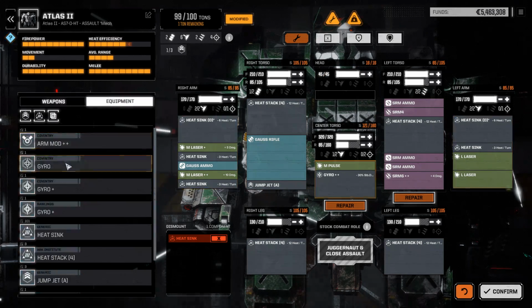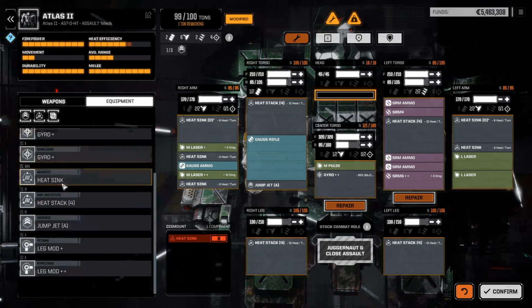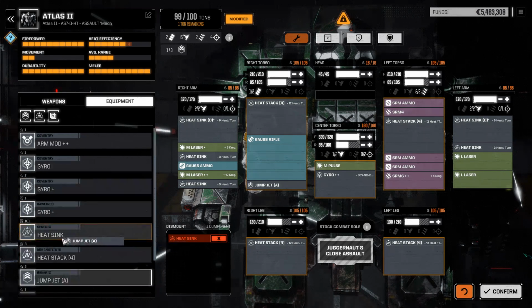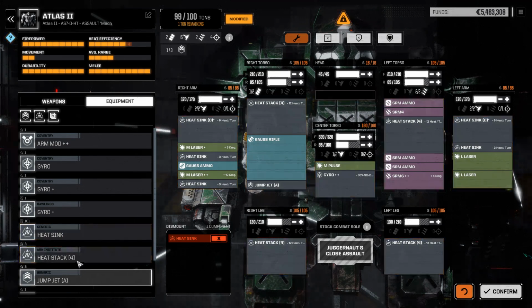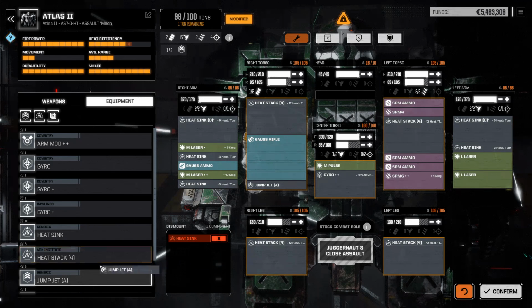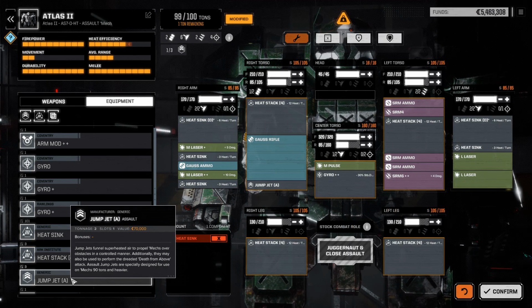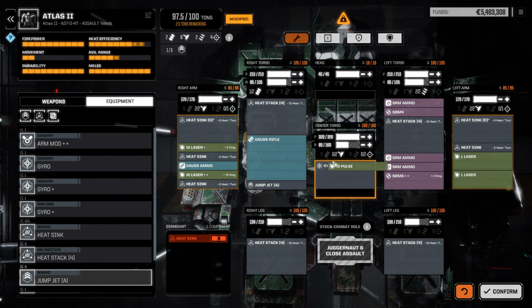And I want to pop another heatsink in there. We've got a better gyro. Repair, repair. See, I've got plenty of heat. Yeah, I was like, can I move something into my head? Oh no, I really don't want to do that. I'm very tempted to remove that laser. How heavy are the jump jets, actually? Oh, they're 2 tons. Actually...